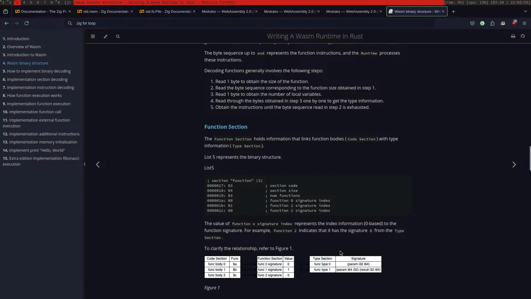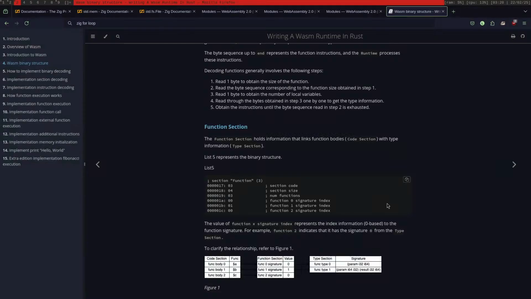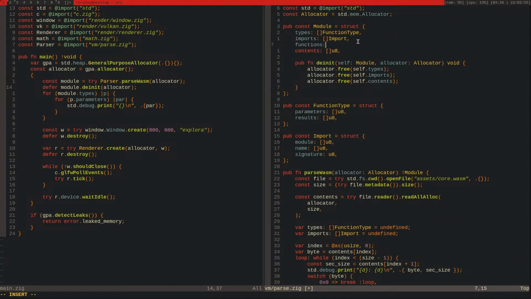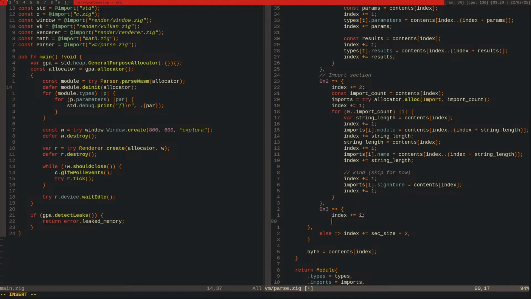Okay, this is quite easy. So I can just have here something like functions. And then here I will index plus equal to, then